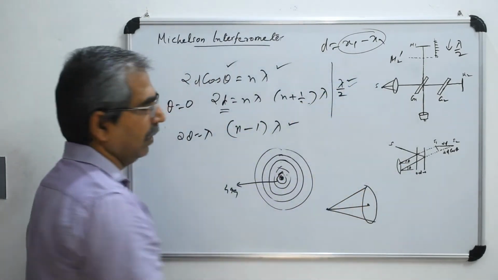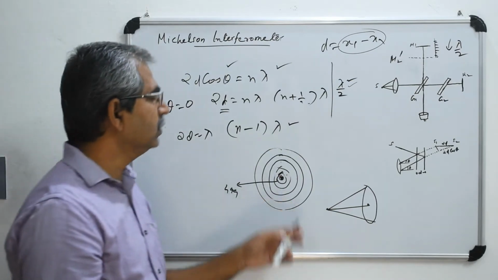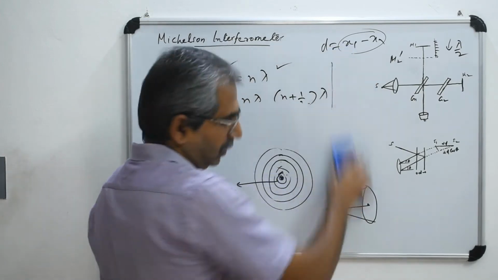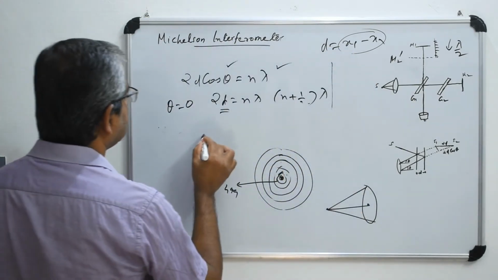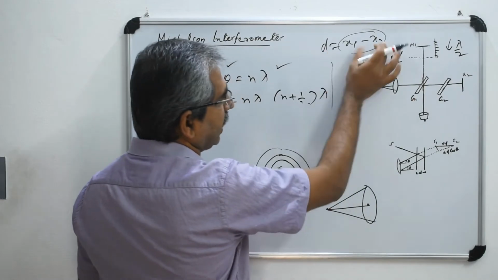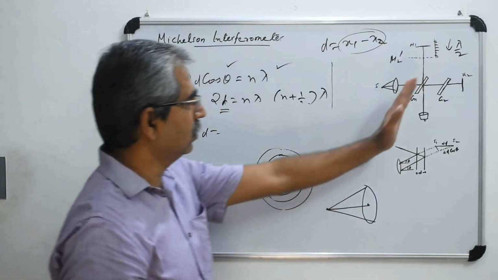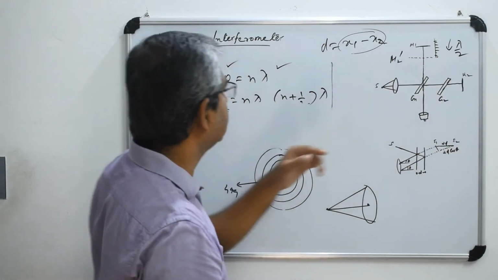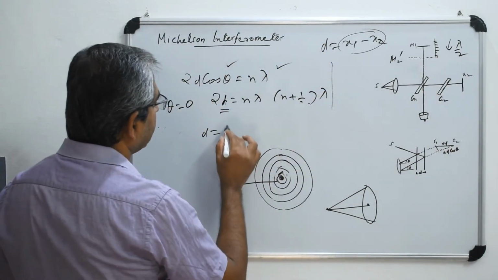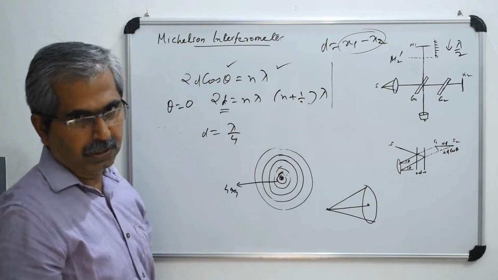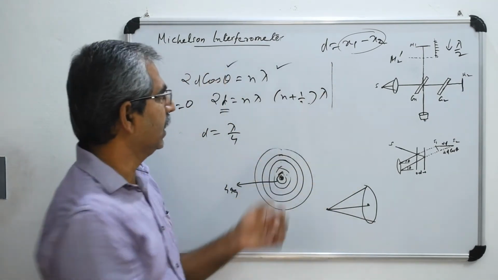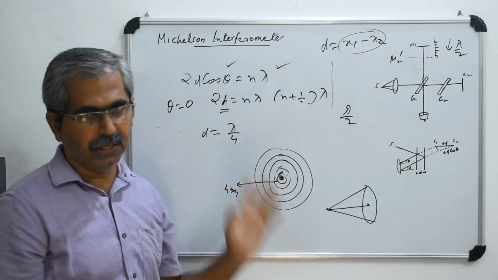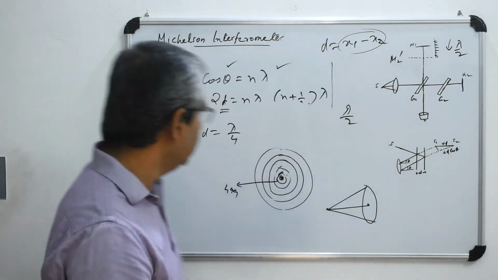Now, this is the case with the lambda by 2. See, if you change the distance b, that means b is x1 minus x2. Okay, so this is x1, this is x2. So that difference. Okay, so if you increase the distance b by a factor lambda by 4. Previously what we have discussed is the case lambda by 2. Now suppose if you are increasing b by lambda by 4, then what will happen?